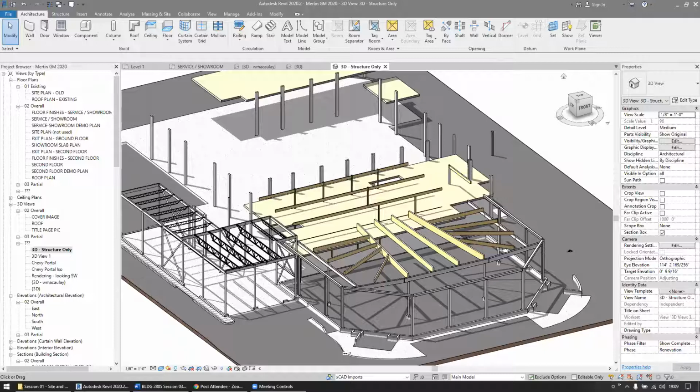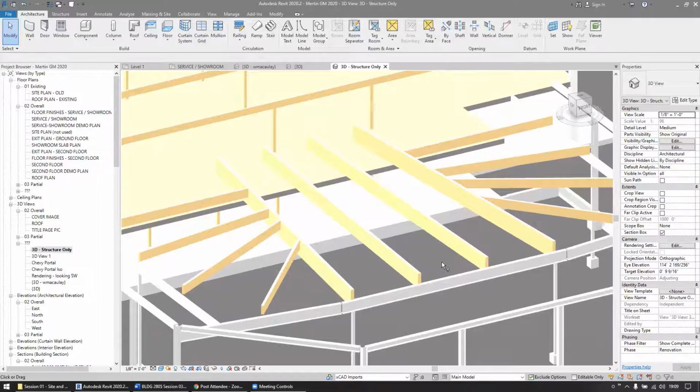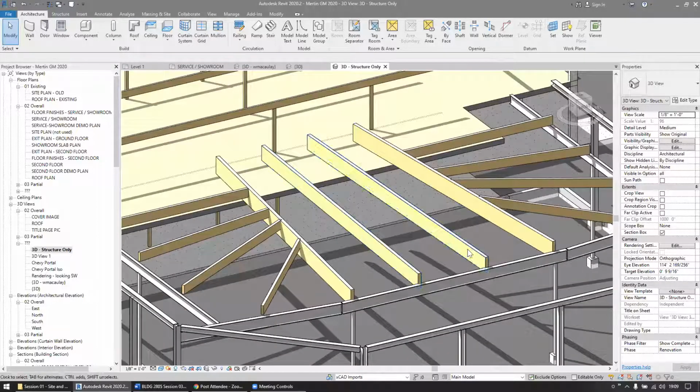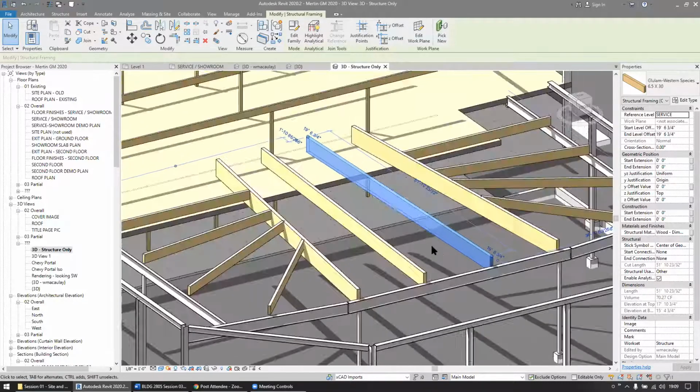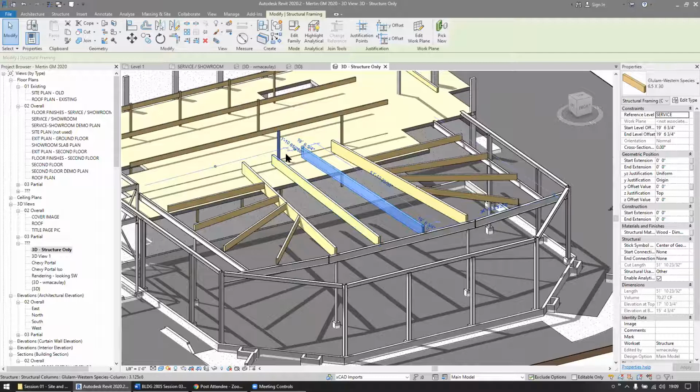And that's just because both of those disciplines are responsible for parts of the building that take up a lot of space. So structure takes up a lot of space and ductwork takes up a lot of space. And as a result, we run into situations where those two disciplines' work will come in conflict. So as an example here, we've got these glulam beams, and you can see them here. And so not the structural engineer, but the mechanical engineer wanted to put in a big 24-inch deep duct right in between these two